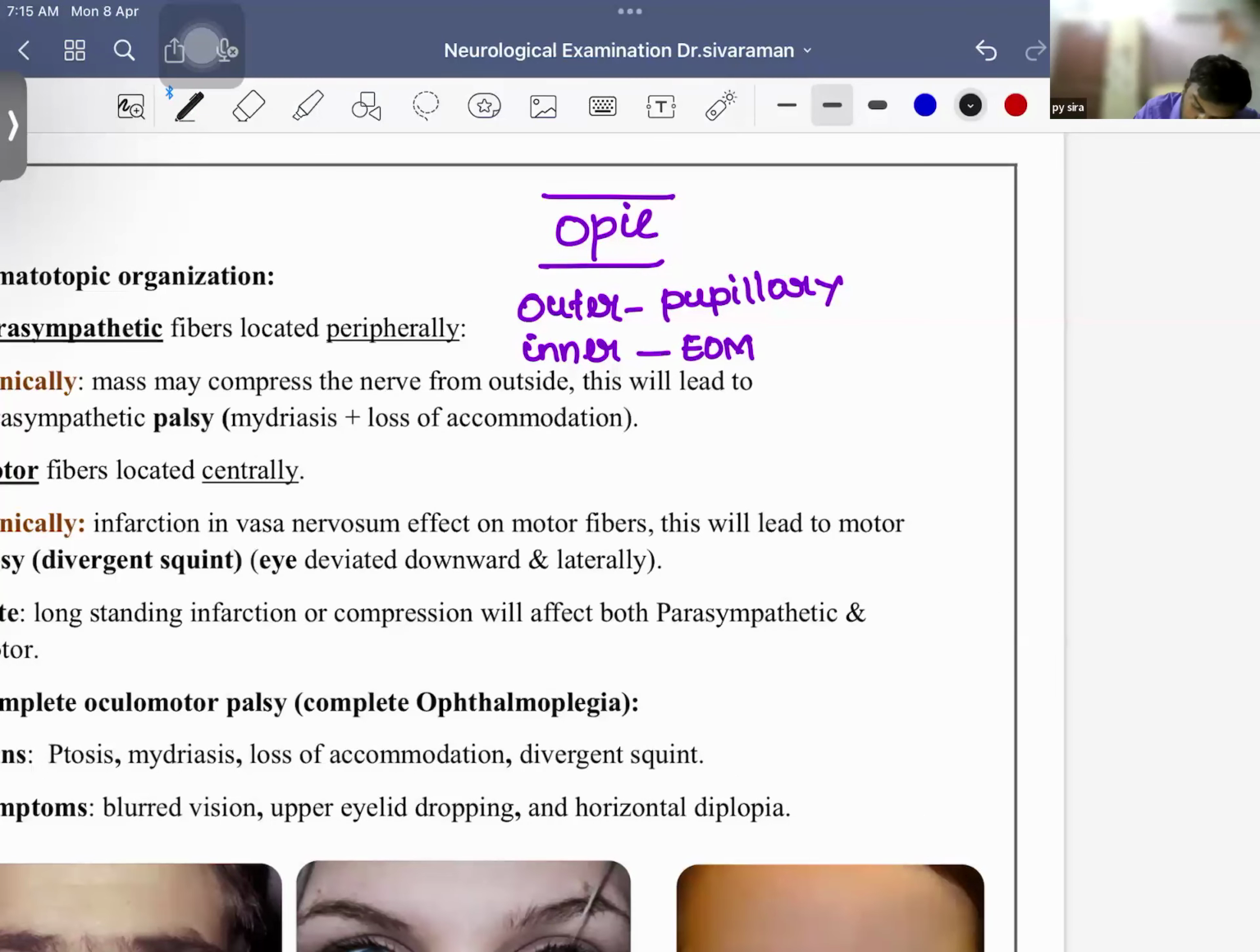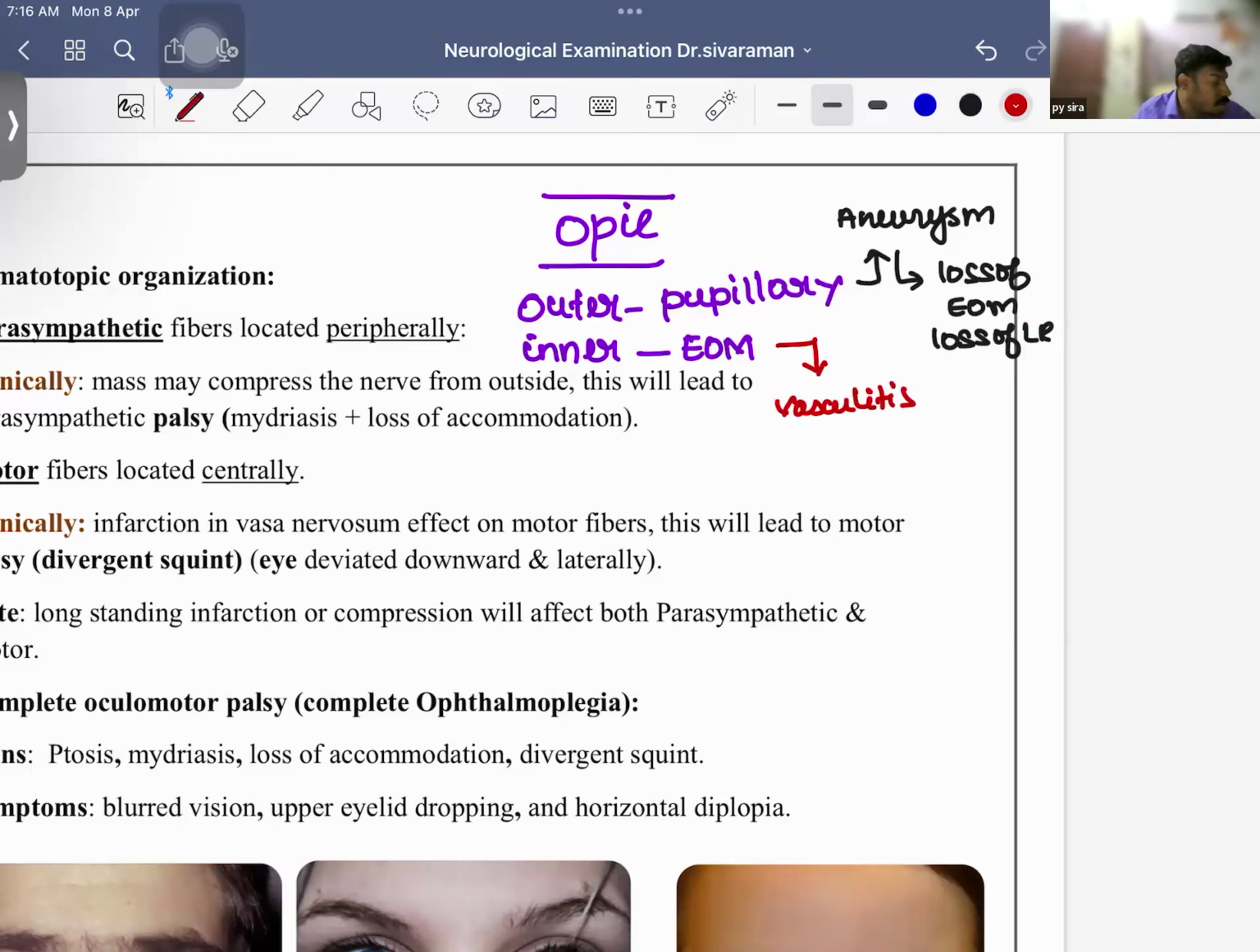Whenever there is a mass lesion or an aneurysm, both the outer fibers and inner fibers will be affected, and there is going to be loss of extraocular muscle movement and loss of light reflex. But whenever the patient has vasculitis in the form of diabetes, it is going to affect only the